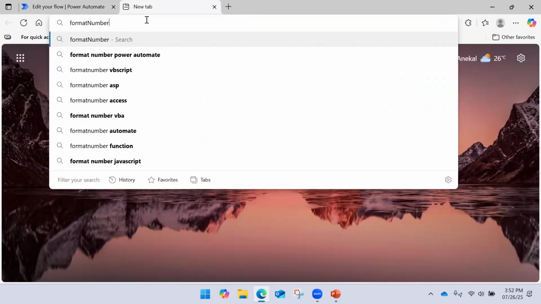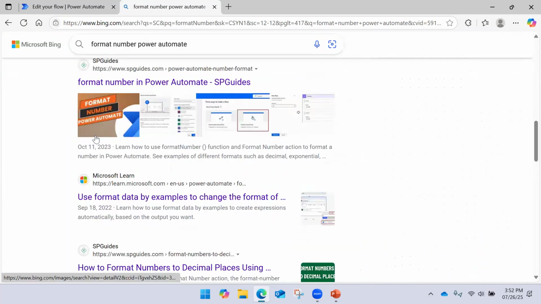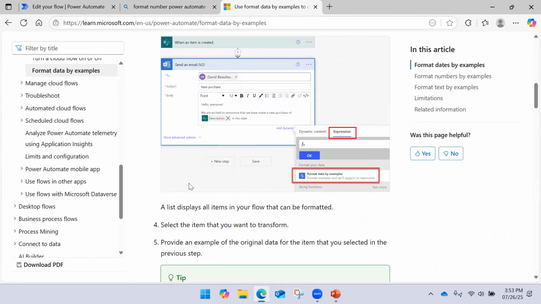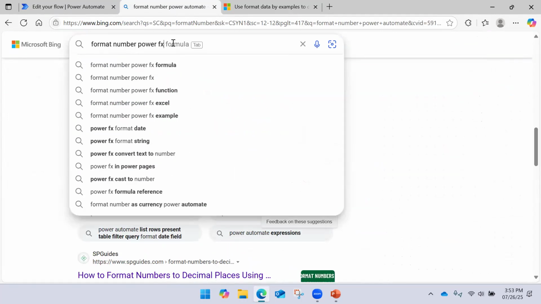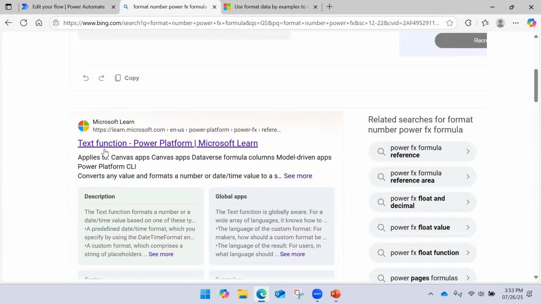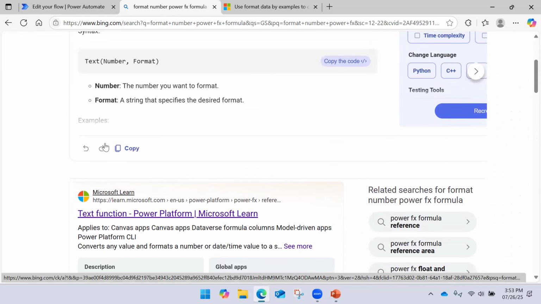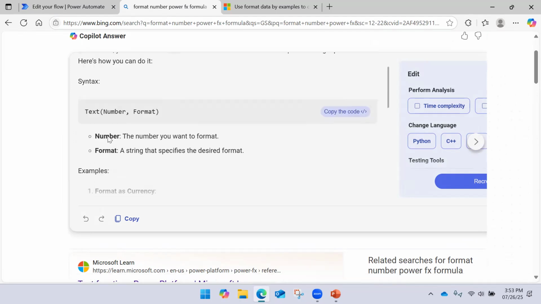So I will search formatNumber in Power Automate. Let's see how the arguments are used. Format data by example. I can say in Power FX formula. The text function is also working, but not with this number. So this is something different.